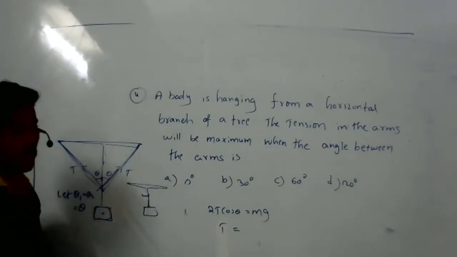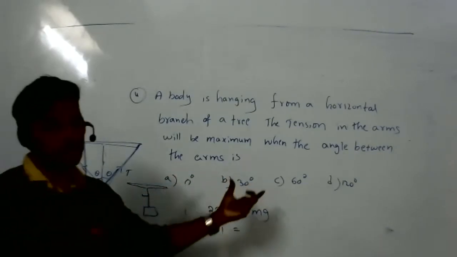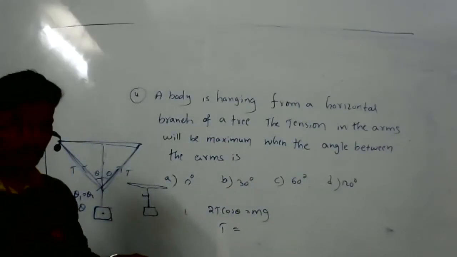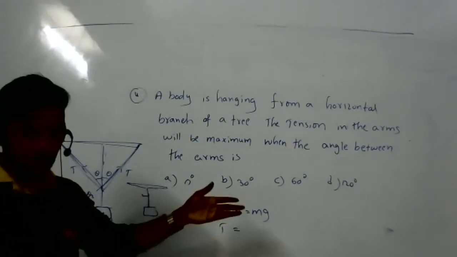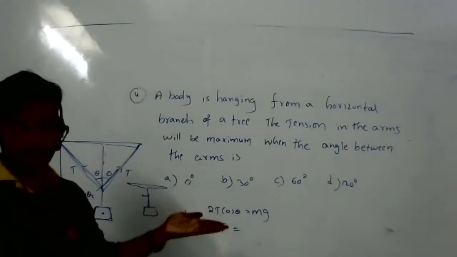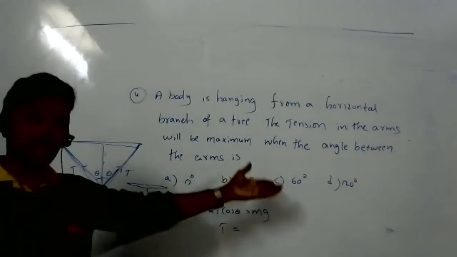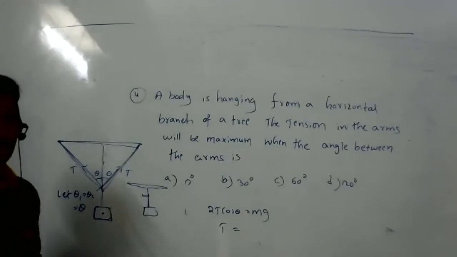Nagbhushan, tell me. Well, we can basically consider, they gave one clue. We don't know the diagram, but they gave one clue. It's maximum. So we know from the statement that when tension is maximum, the angle is also maximum. But the maximum in these four options is 120, so we can consider 180. Whatever you told, that is 180. But the option here is up to 120. When it is maximum, means when there is a more angle, there is more tension. So that means tension is directly proportional to the angle.